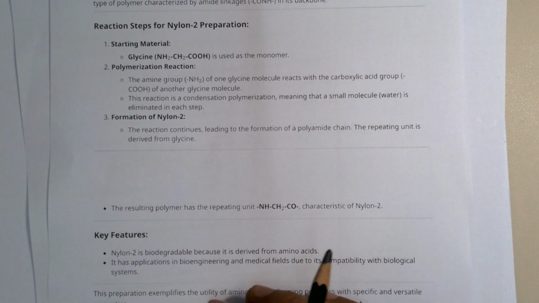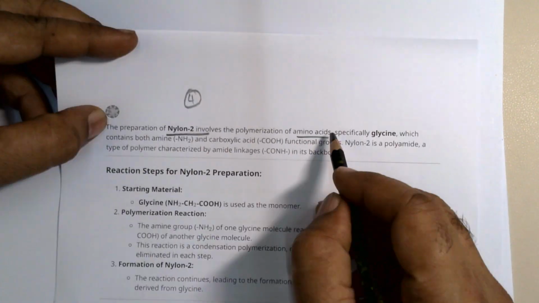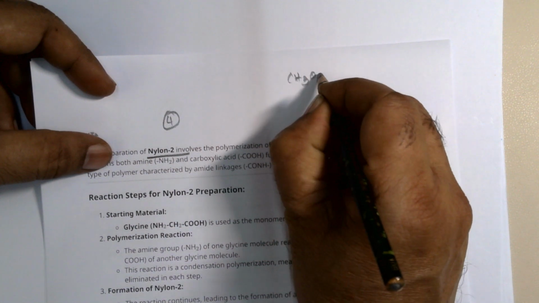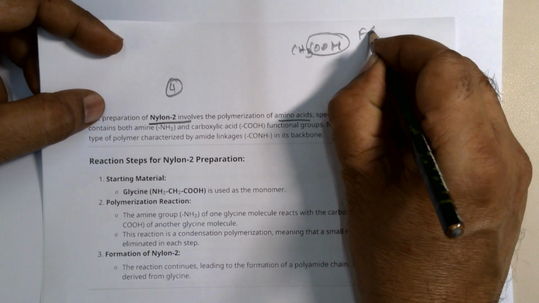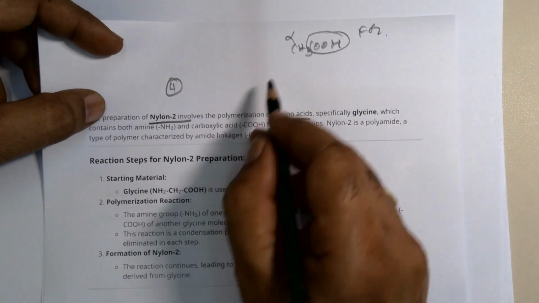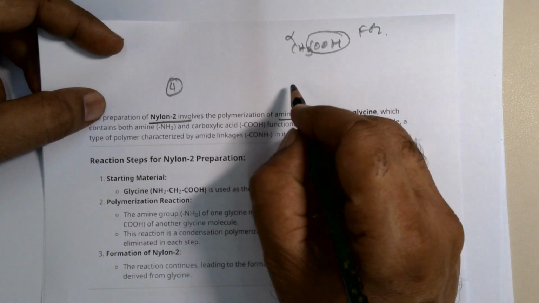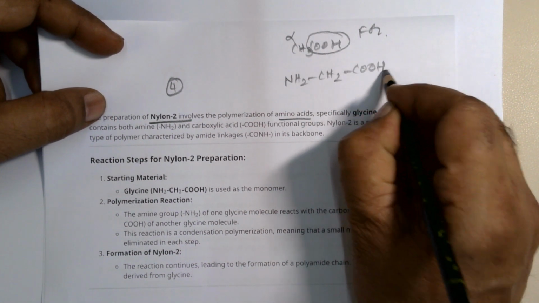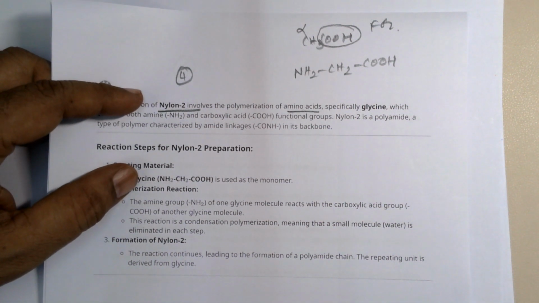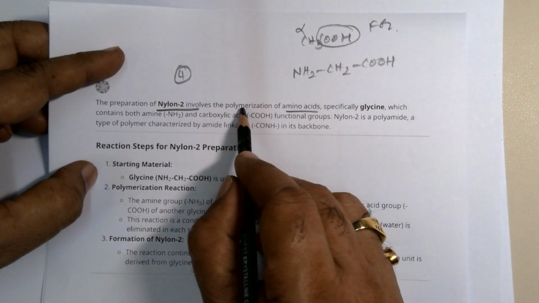Okay, then nylon 2. Nylon 2 involves polymerization of amino acid. What do you mean by amino acid? CH3COOH is acetic acid, and you have the COOH functional group, and this is called the alpha carbon atom. In the alpha carbon atom, you have 3 hydrogens. Replacing 1 hydrogen of the alpha carbon atom, you get NH2CH2COOH, which is nothing but alpha amino acetic acid. Clear? Alpha amino acetic acid. So generally it's called amino acid. So this involves polymerization of amino acid,